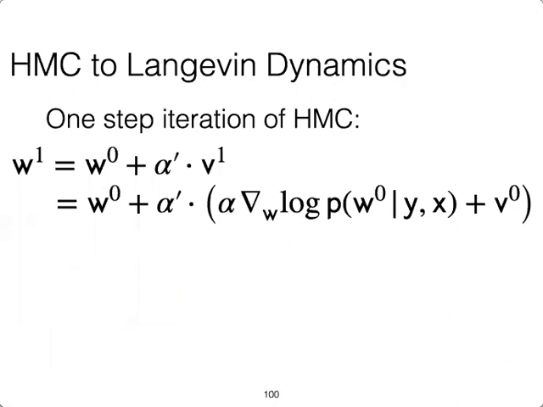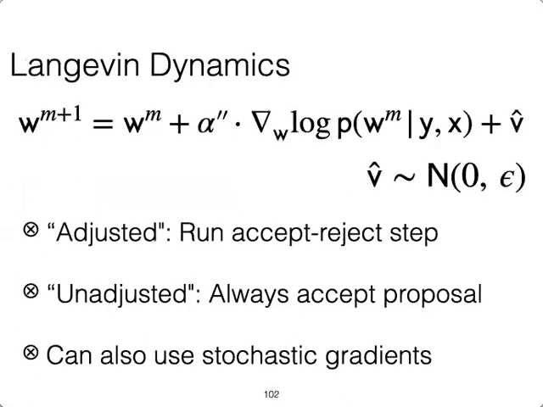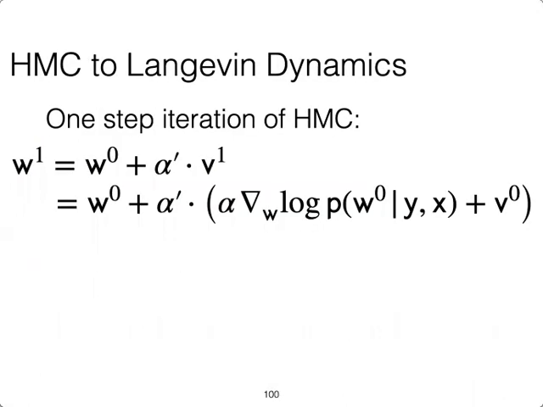And so if HMC in its purest form is too expensive to run, we can run something called Langevin dynamics. And to understand Langevin dynamics, it's really just a simpler form of HMC. So just consider one iteration of the HMC steps, where we get our W1 from W0 plus alpha times V1, and plugging in the value of V1, which is the gradient term plus V0. We see this is essentially equal to gradient updates, right? Because this is our gradient descent equation